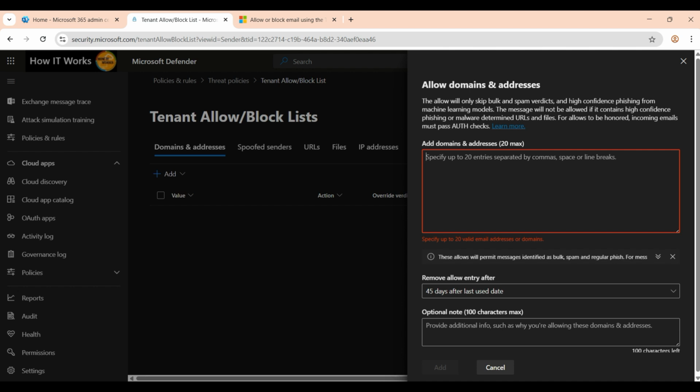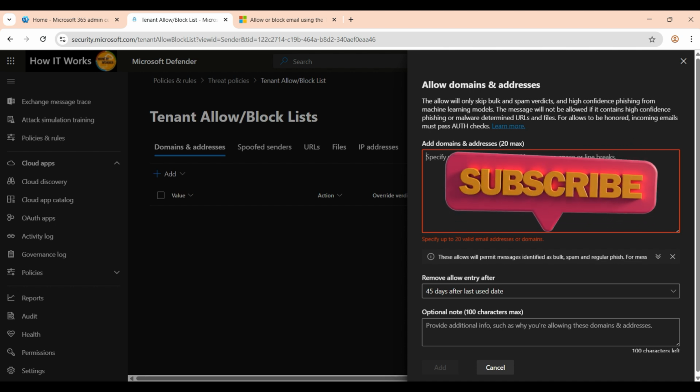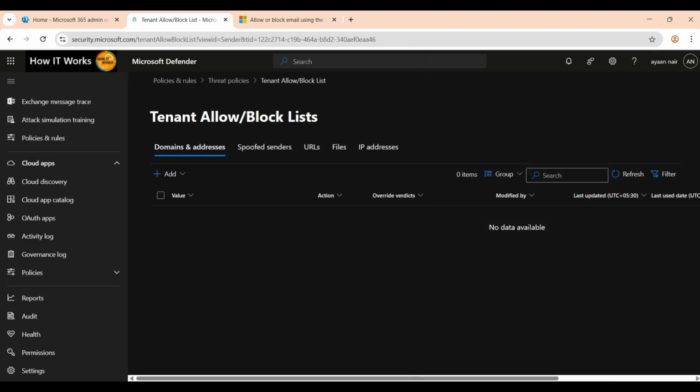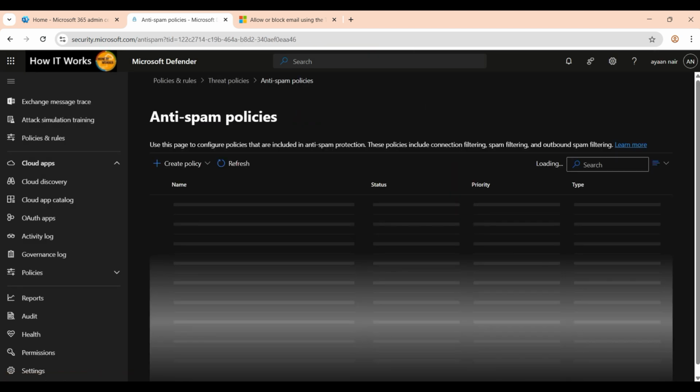If you allow from this, it goes through; if you block, it's a straight block before even connecting to Office 365. It will drop the email right there. So it's not going to scan the email with the spam filter or the phishing protection or whatever mechanism Microsoft has. Those emails will not go through that. Whereas the other policy, anti-spam,